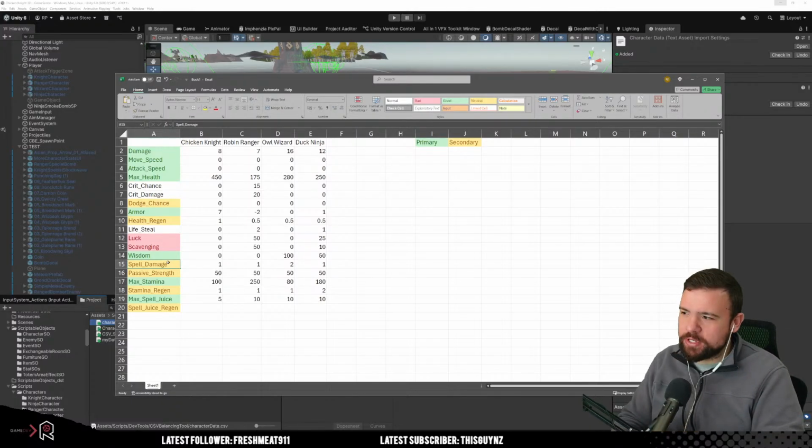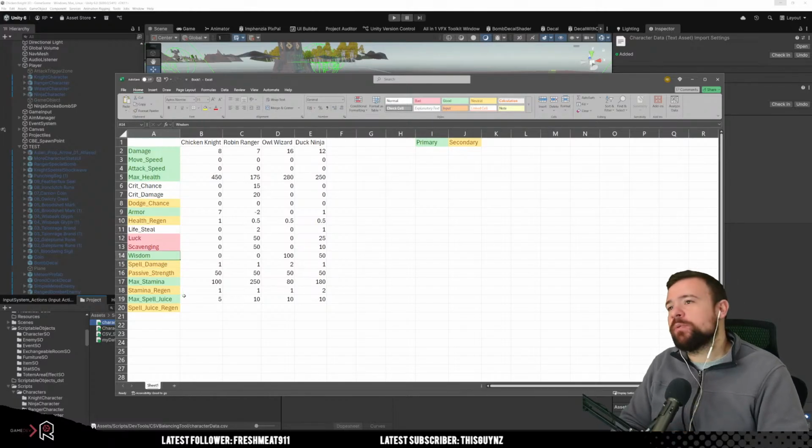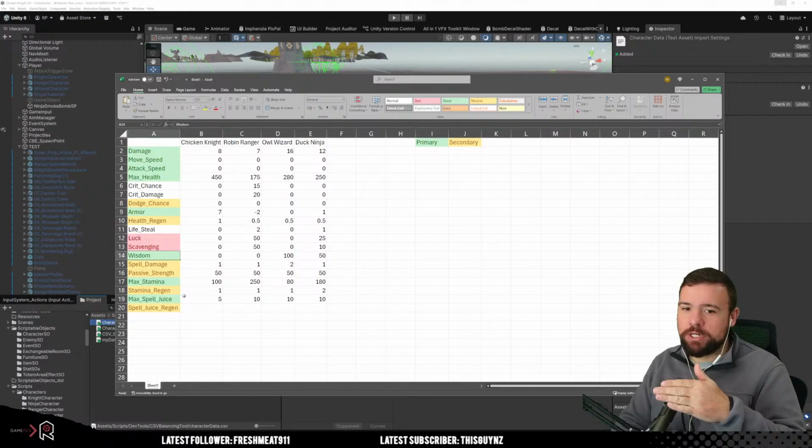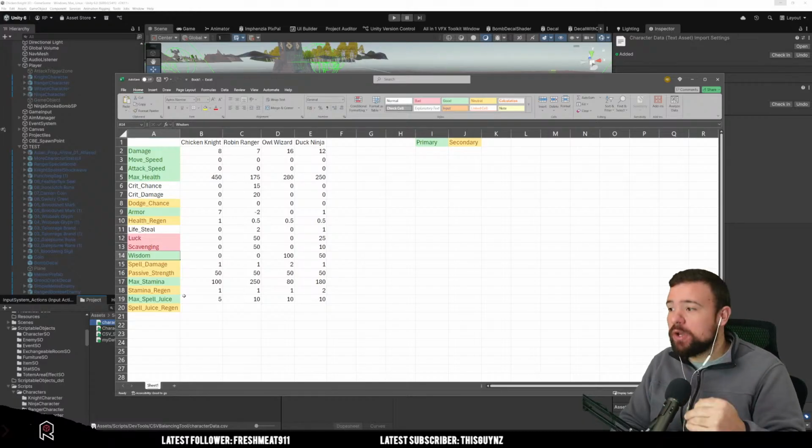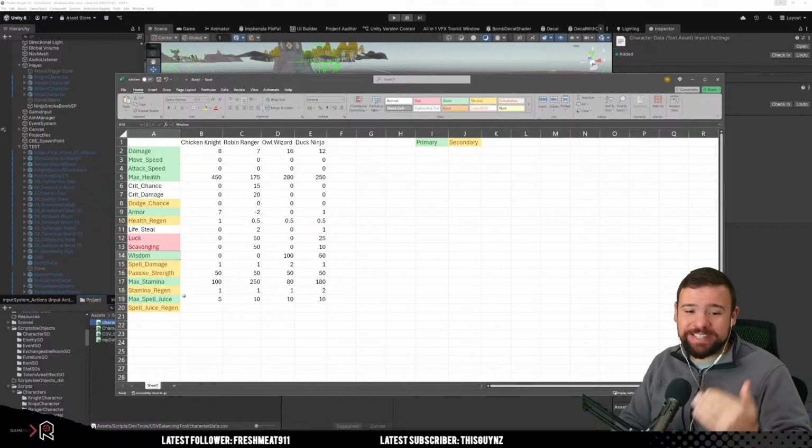So it's always a secondary. And your ability power goes up with wisdom. So what that would look like is something like a wizard that does a flamethrower based attack would get more spell damage with wisdom, right? Because it's magic. And the duck, who does a very physical type of attack with the blade swinging around,